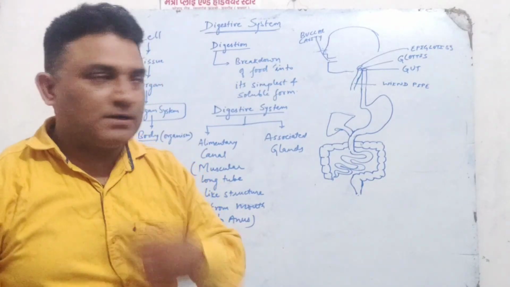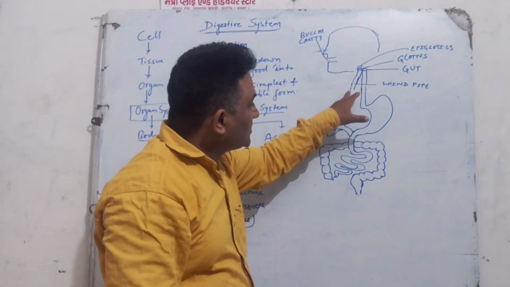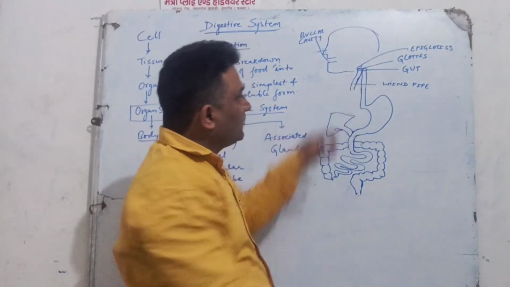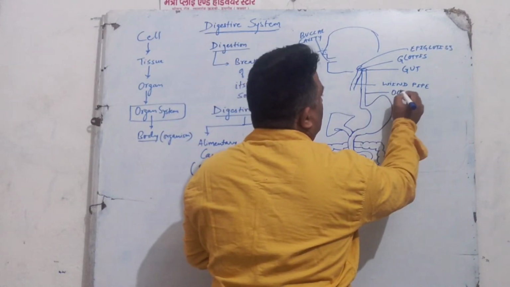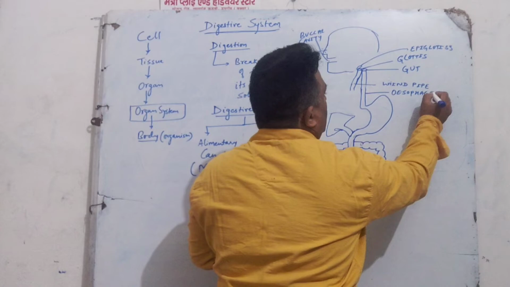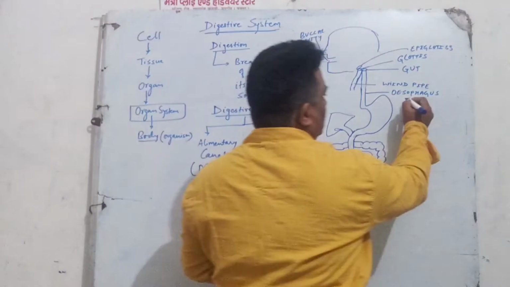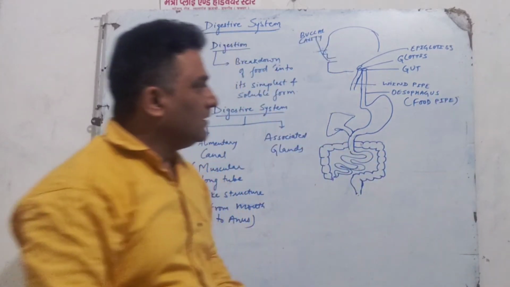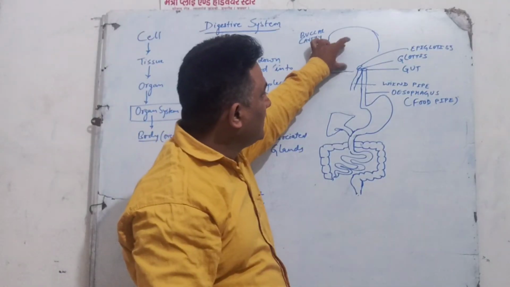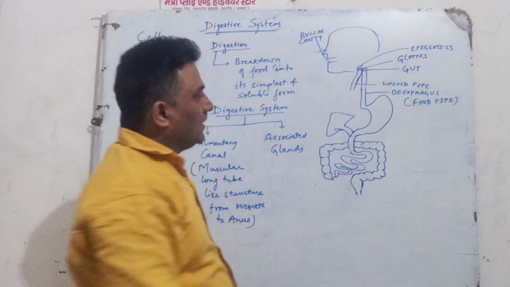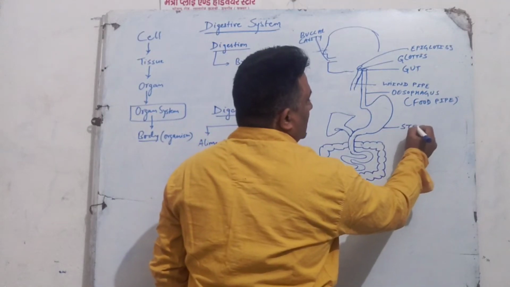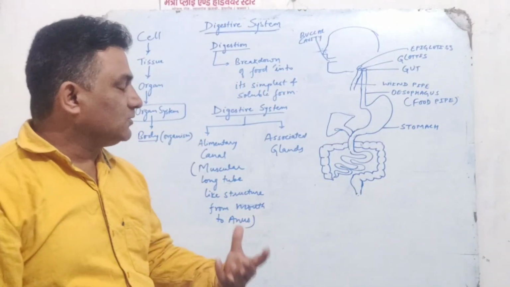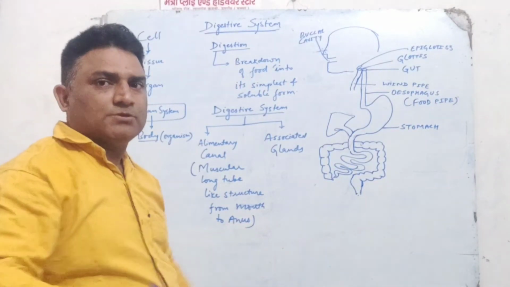It is the windpipe which enters our lungs, and side by side, or you can say at the back of this windpipe, there is the esophagus, which is also called the food pipe. Food pipe actually connects this buccal cavity, mouth, to stomach. This is the stomach. We know it very well. Stomach is where food is stored for certain times. We are going to discuss in brief.